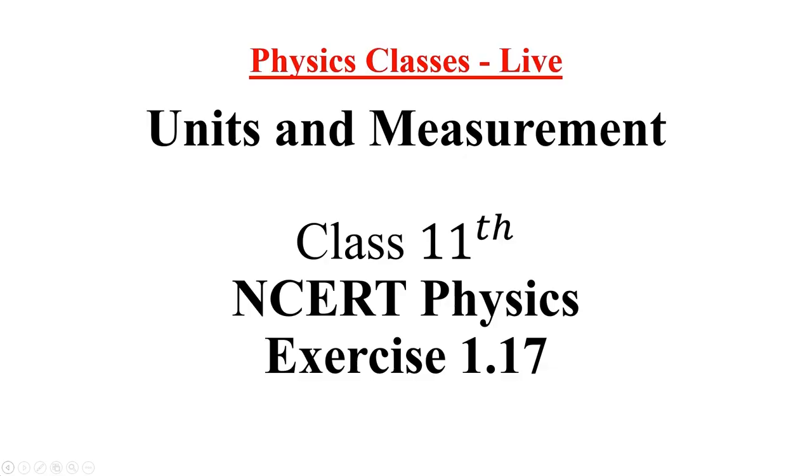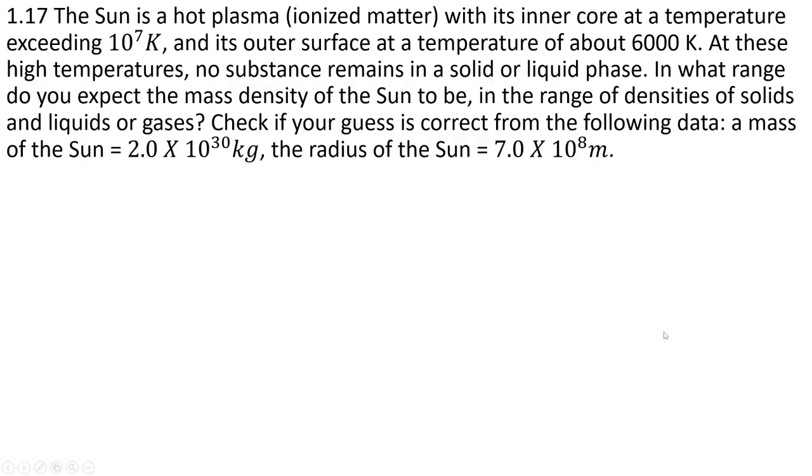Hello everyone, in this video we are discussing exercise 1.17 from class 11th NCERT physics, chapter units and measurements. Moving forward, the question says that the sun is a hot plasma with its inner core at a temperature exceeding 10⁷ Kelvin and its outer surface at a temperature of about 6000 Kelvin. At these high temperatures, no substance remains in a solid or liquid phase. In what range do you expect the mass density of the sun to be? In the range of densities of solids, liquids or gases? Check if your guess is correct from the following data: